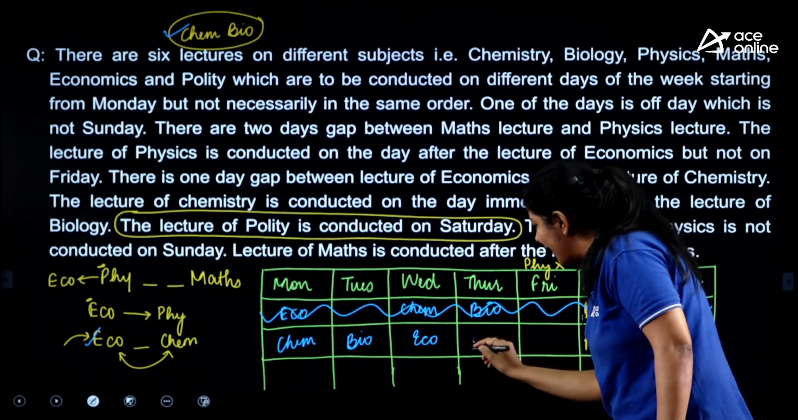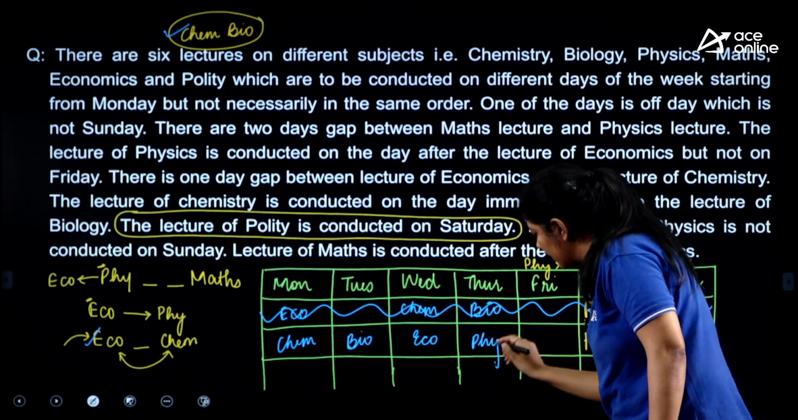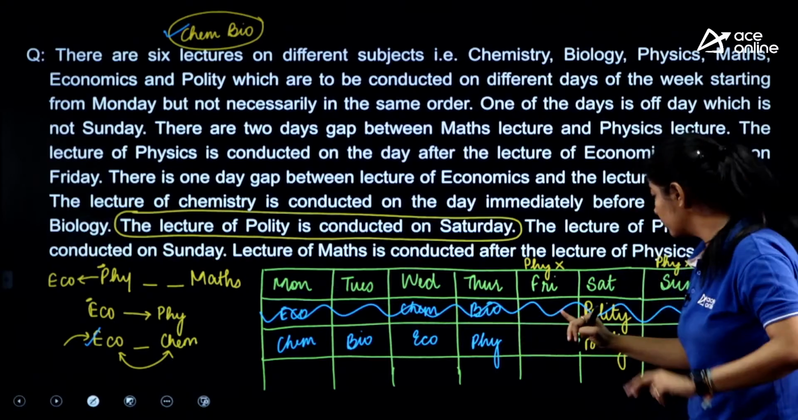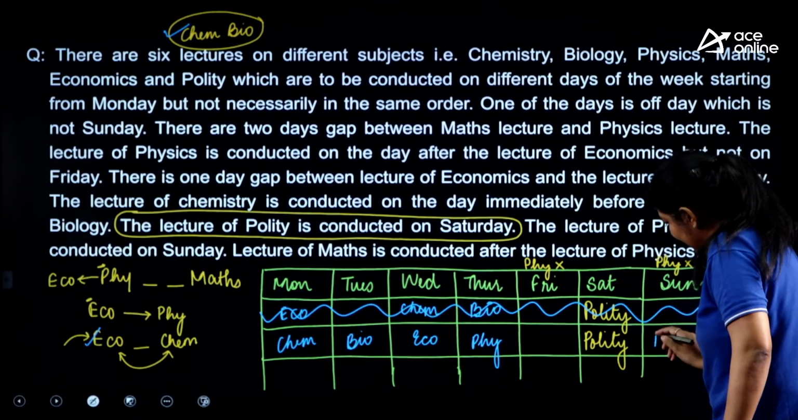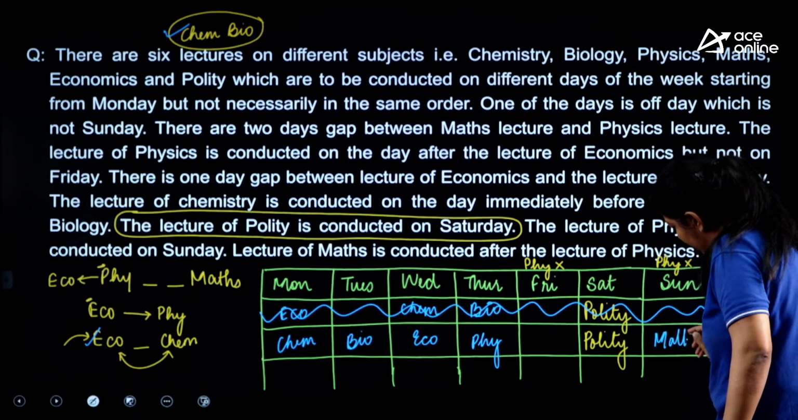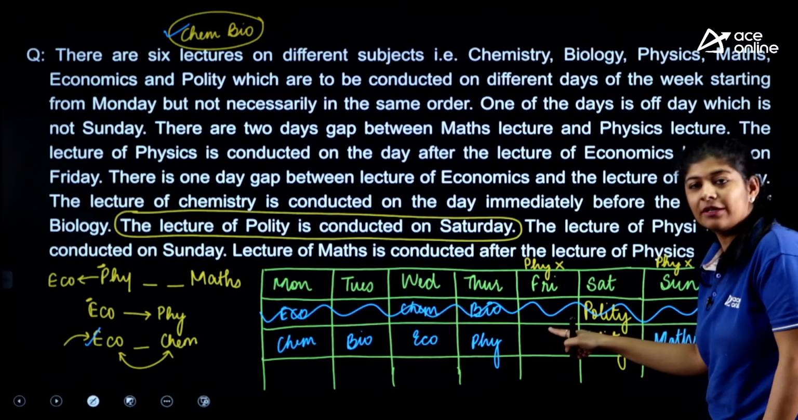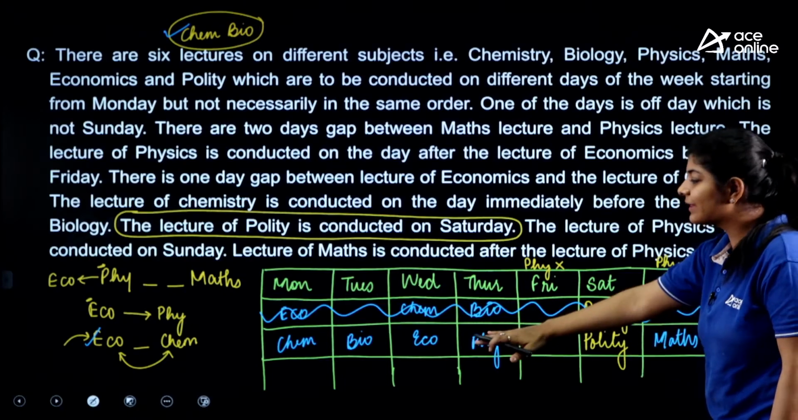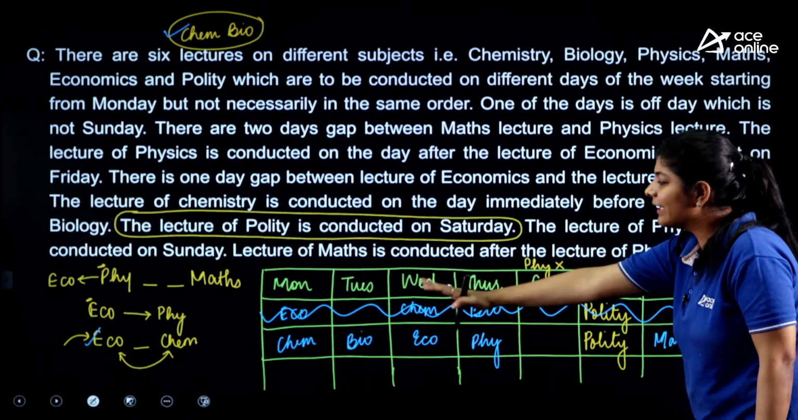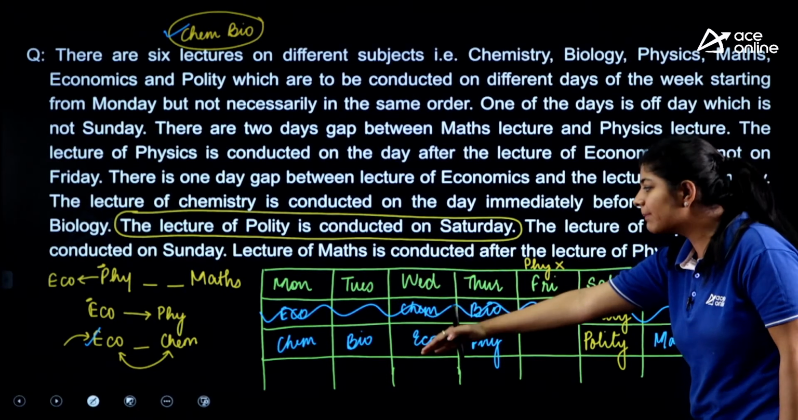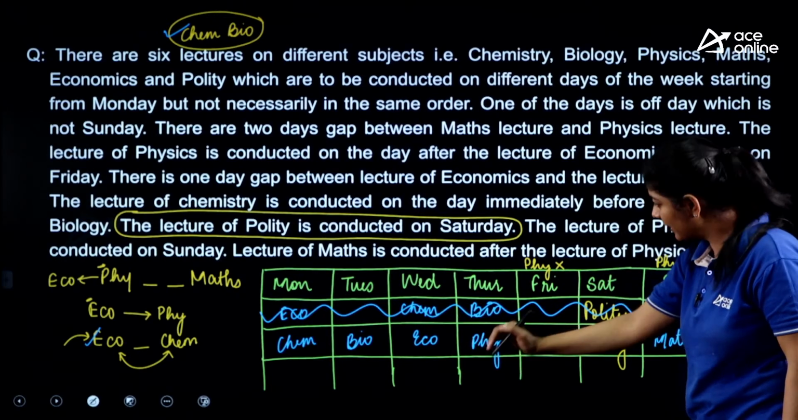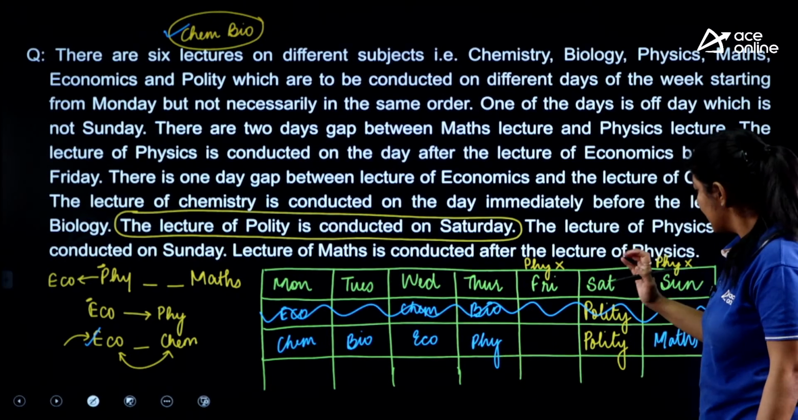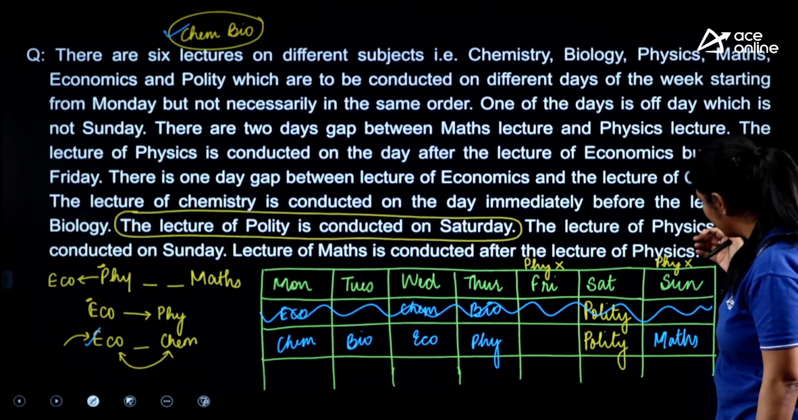Now, if I put physics over here, then there is a gap of 2 days, 1 and 2. We can easily put maths over here and there is a day off on Friday. So we can easily fulfill all the conditions with our case number 2. So on Monday we are having chemistry, Tuesday biology, Wednesday economics, Thursday physics, Saturday polity, and on Sunday we are